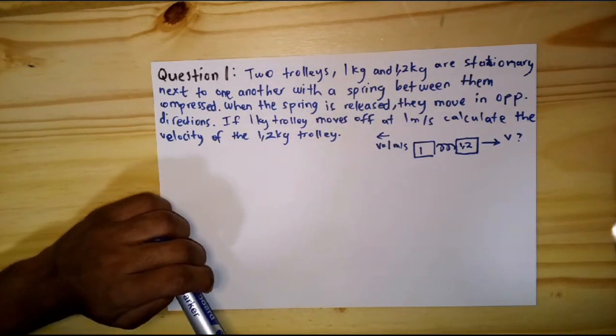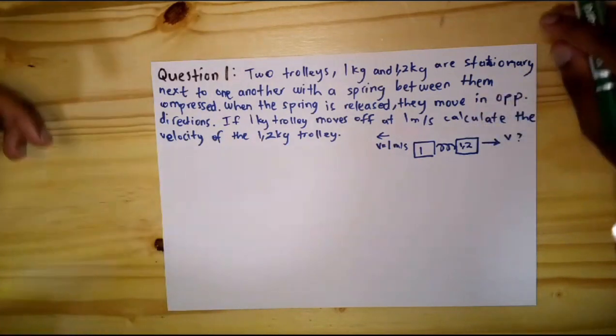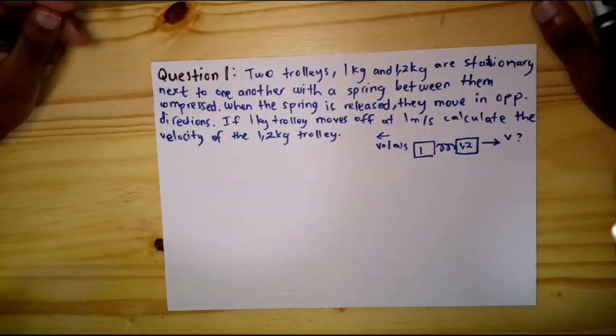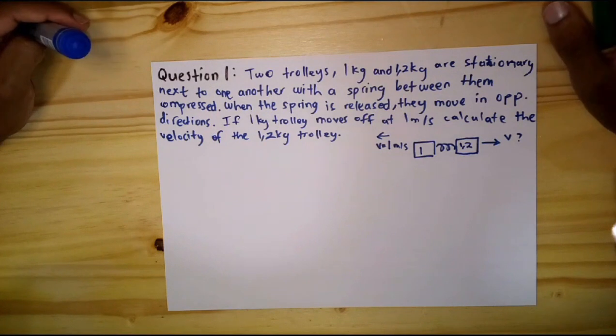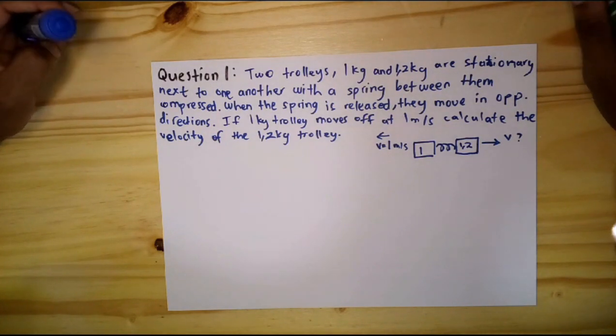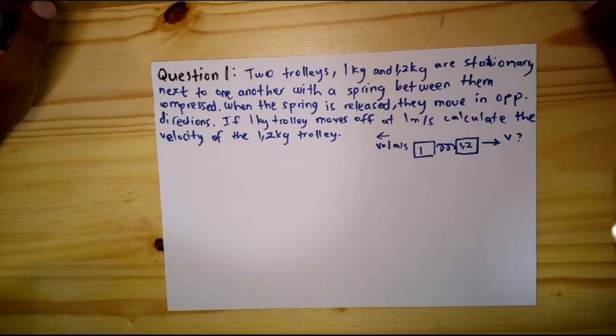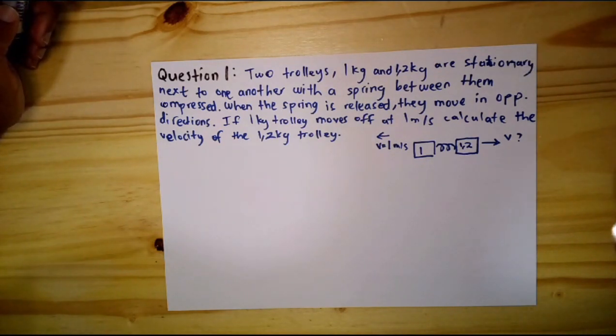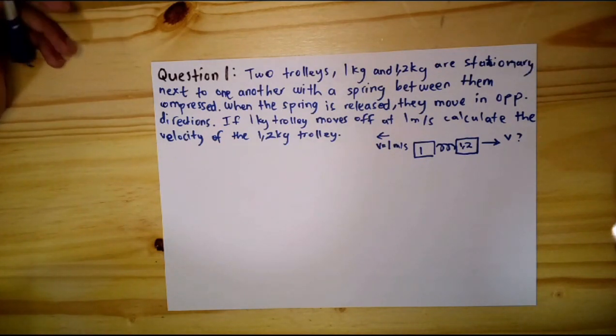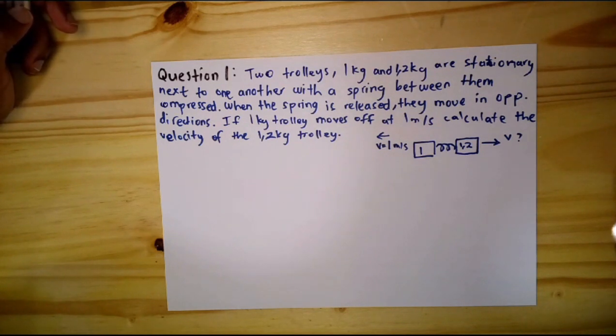That spring contains potential energy. When the spring is released, meaning whatever force was keeping them compressed is no longer there, they move in opposite directions. If the 1 kg trolley moves off at 1 meter per second,